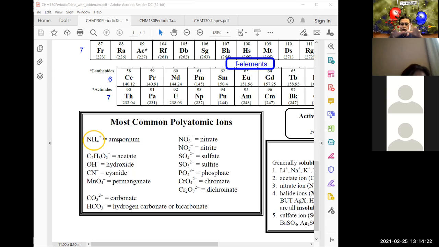That whole unit has a positive charge, and it has its own specific name. We don't change it. It's not hydrogen, ammonia, nitrogen, anything like that. No, it has its name, which is the ammonium ion. Here's another one. It is a polyatomic ion where there is a hydrogen and an oxygen bonded together as a unit, and that unit has a